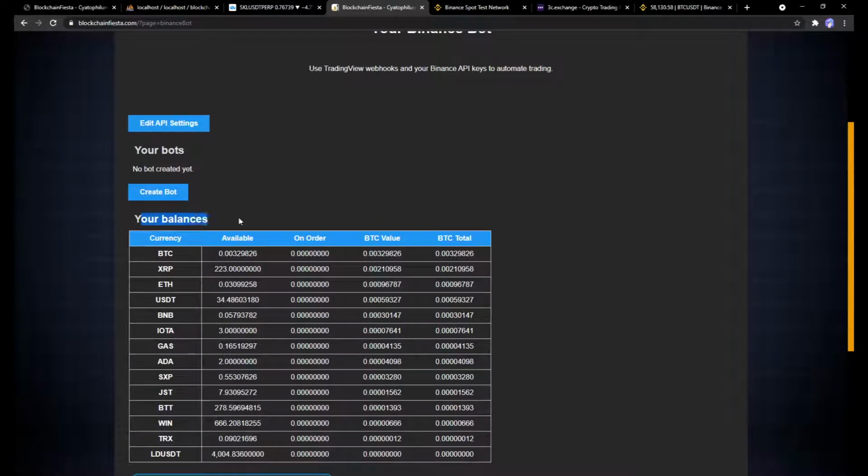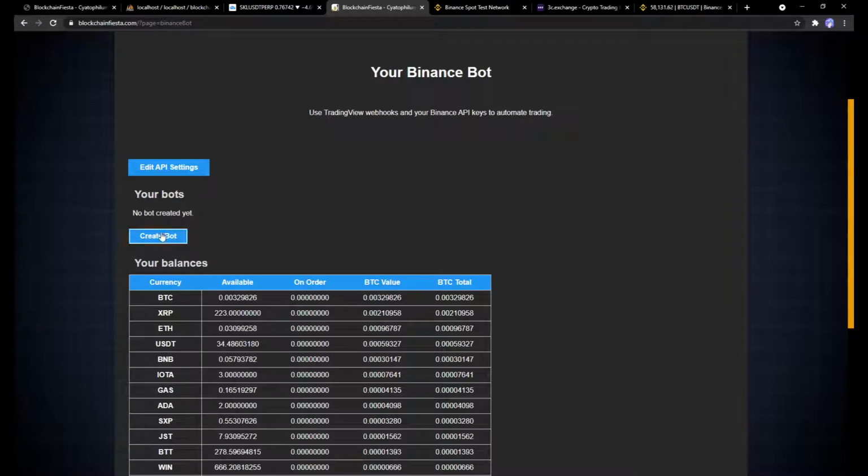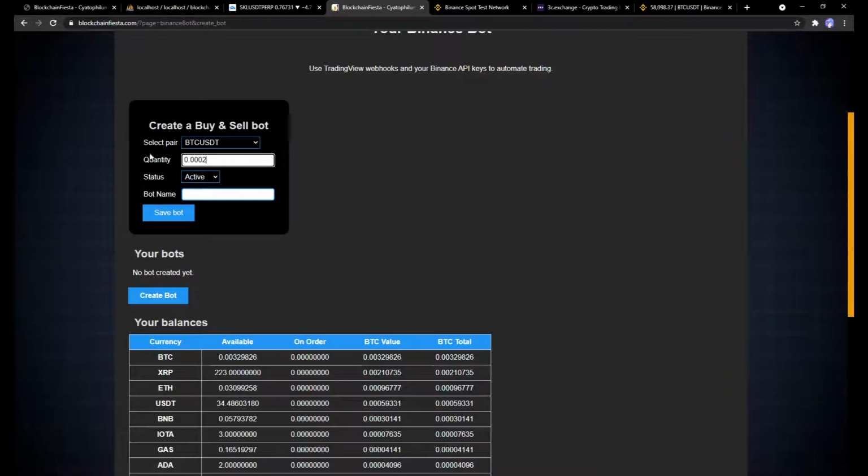You will see your balance here. So let's create a bot. I'm going to create a BTC USDT bot. I'm going to use the minimal quantity, which is this. The quantity is in the base currency for now.